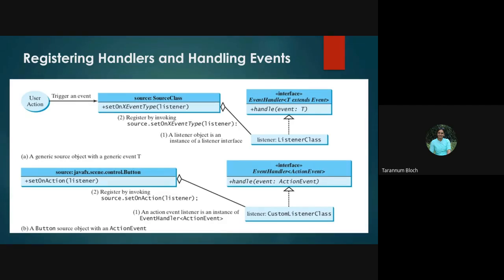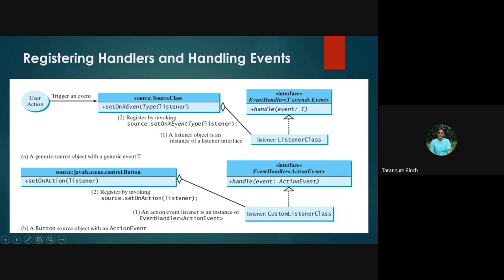First, the user will perform an action. We call it an event is fired, or sometimes we call it triggering an event. Event triggering or firing an event, both are similar words. You can use either; in industry, both are used. We say event triggering, event action, or event is fired. We will have a user action, and when the event is triggered, we'll have some source class, so you can invoke a listener.